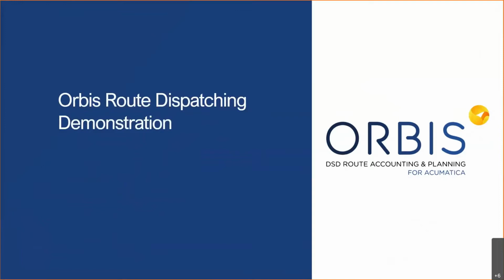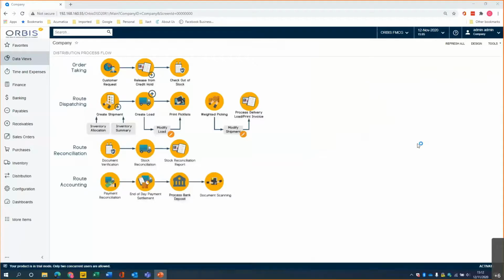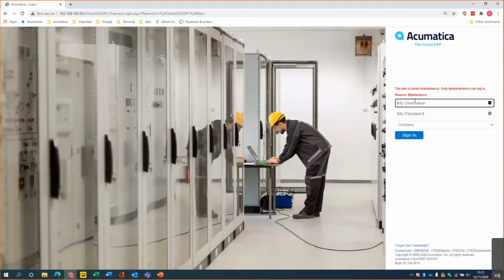So with that in mind, as I said, I really wanted to brief over that pretty quickly just to give you a little bit of background, but I'd rather spend most of my time today actually touching on the application itself. So let me jump in. So this is, let me log out. It's probably best to log out and log back in. So Orbis